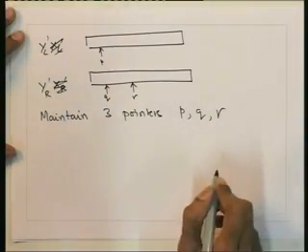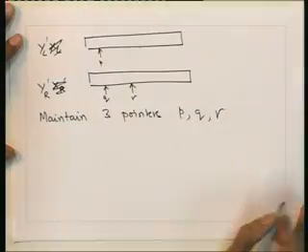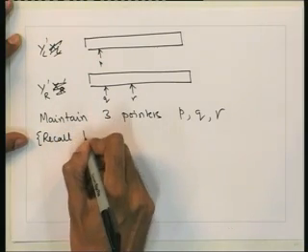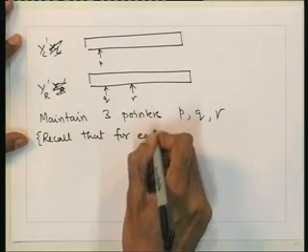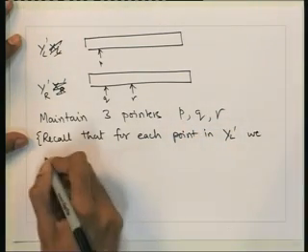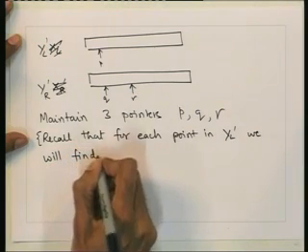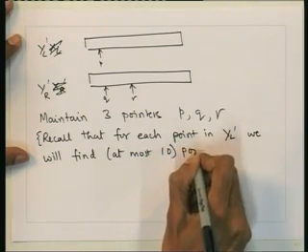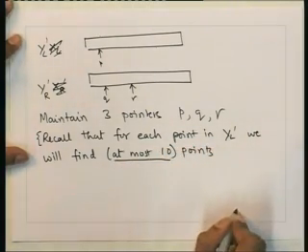So let me quickly recall what we are going to do for each point here. Recall that for each point in YL prime, we will find at most 10 points. This at most 10 follows from a discussion that we did earlier, that in a square with 5 points, there will be 2 who are as close as half the diagonal. So we will find at most 10 points whose y coordinates